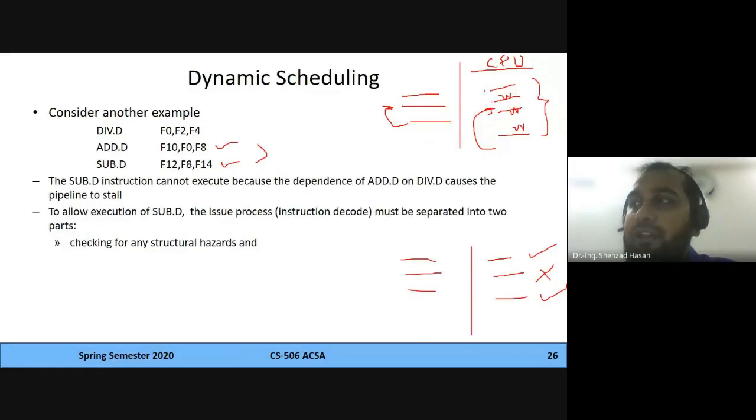And if for any reason some miss or cache miss happens and you have to wait for this, all the instructions have to wait for it, even though there are some instructions which are not dependent on this. Here, what's going to happen is if one instruction cannot proceed, it's going to wait for another instruction, but the later ones have their operands with them, so they are going to continue. Okay,